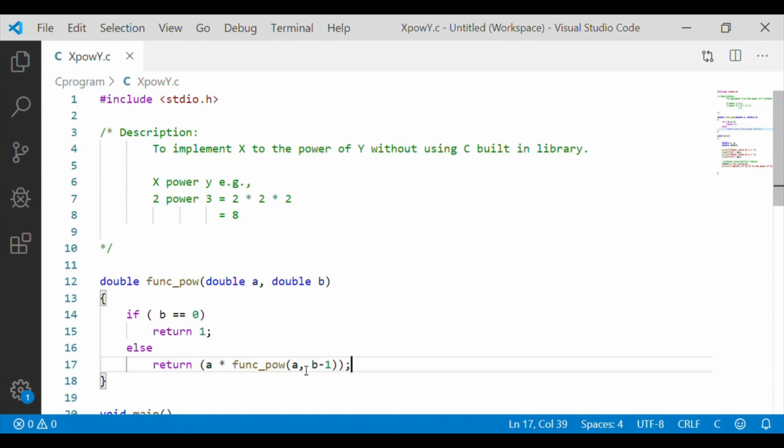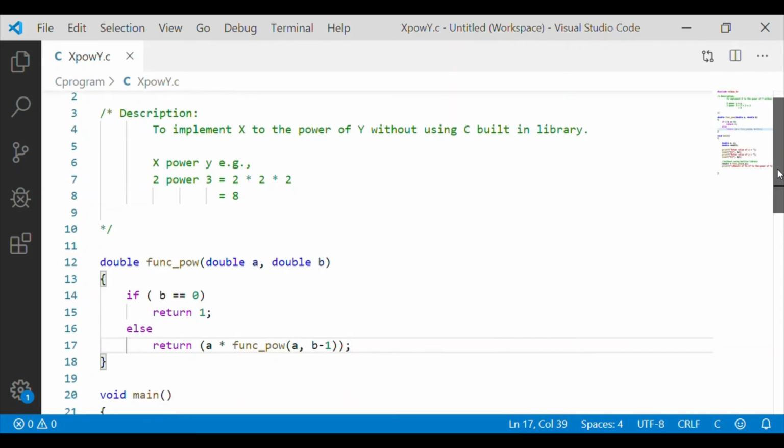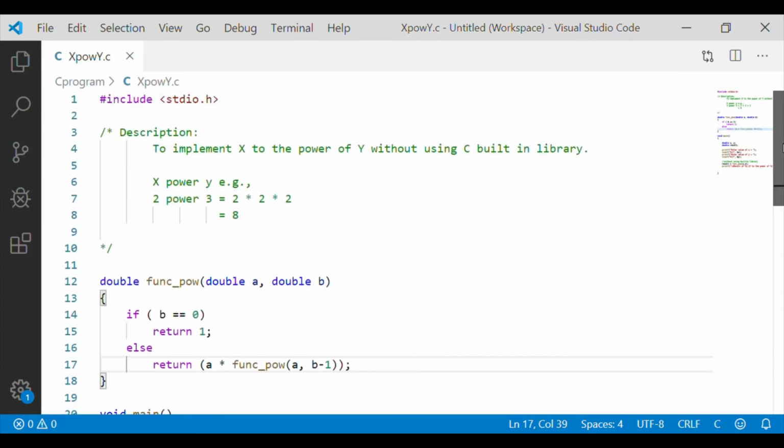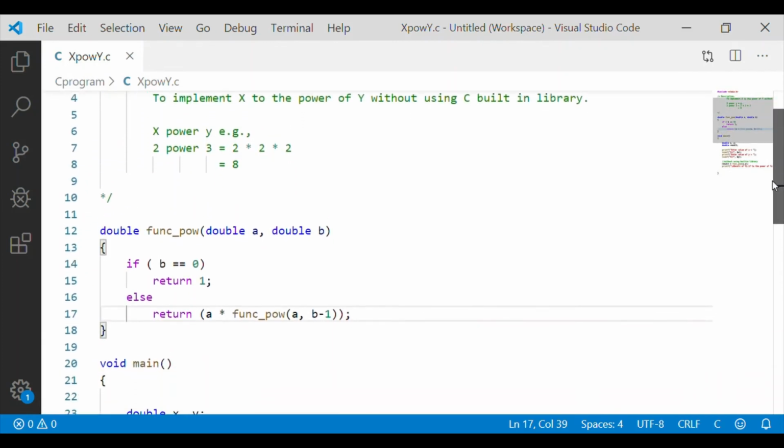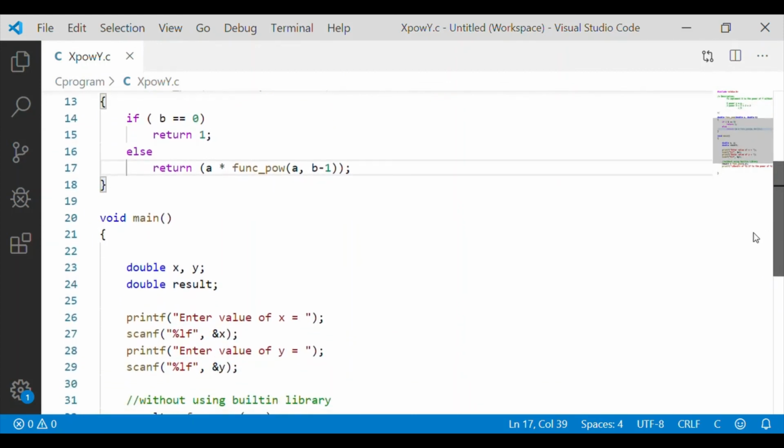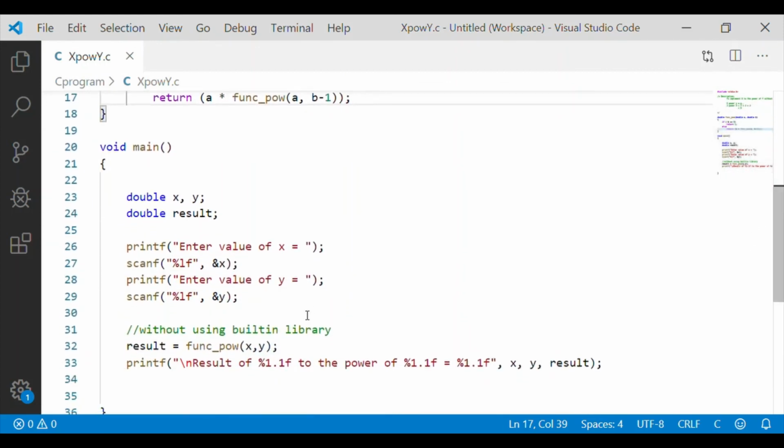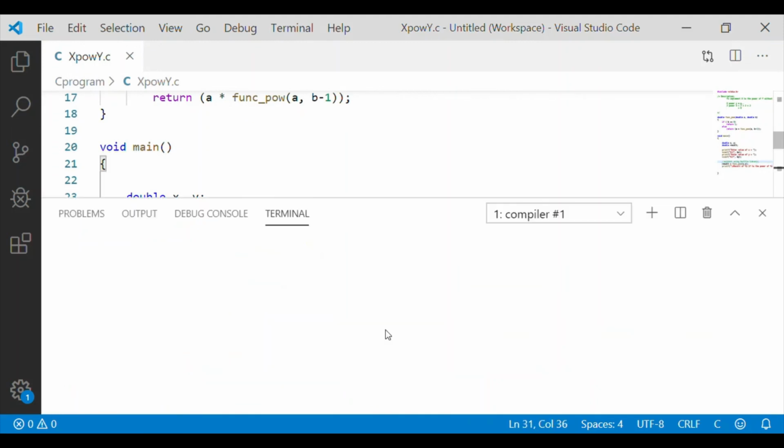And the result is a multiplied b number of times, which will result in getting x to the power of y, where the value of a is multiplied b number of times.